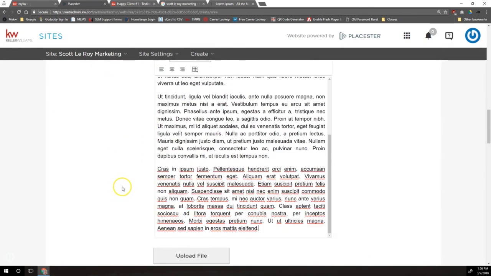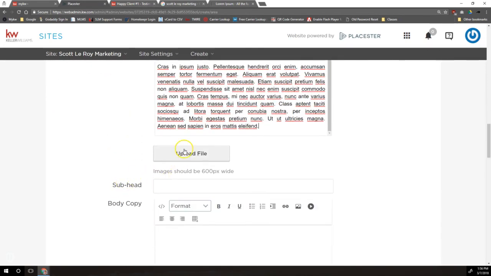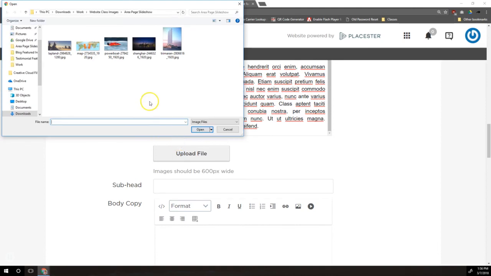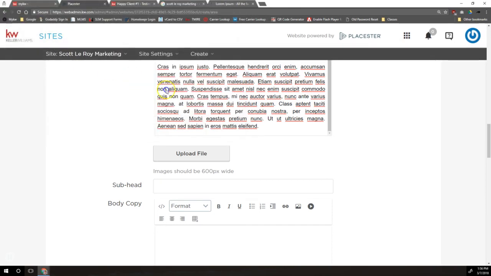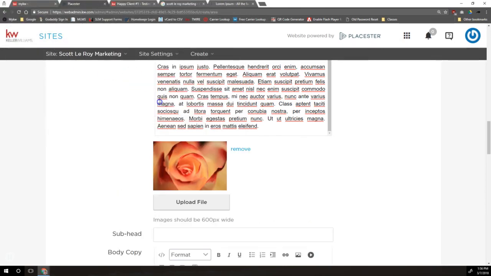And then between the first section and the second section is an image that's the full width of the page. And I'm going to do this right here. There we go. So this image here between the first and the second section, you want it to be landscape. You want it to be wider than it is tall. It says it should be 600 pixels wide. That's a minimum. If it's wider than 600 pixels, it's just going to scale it down to where it fits